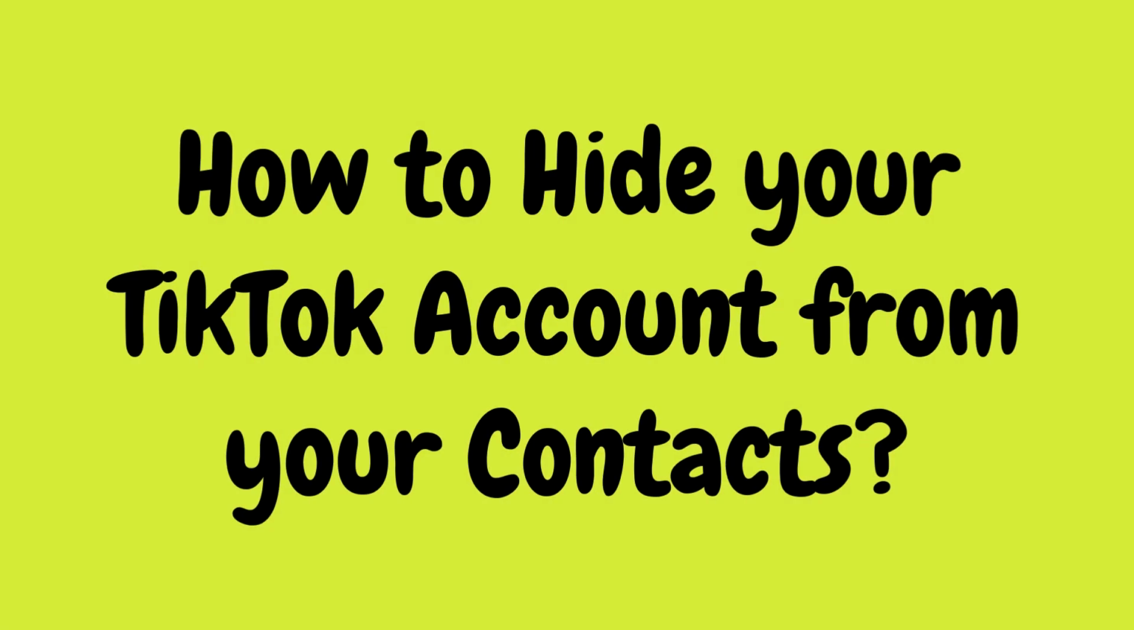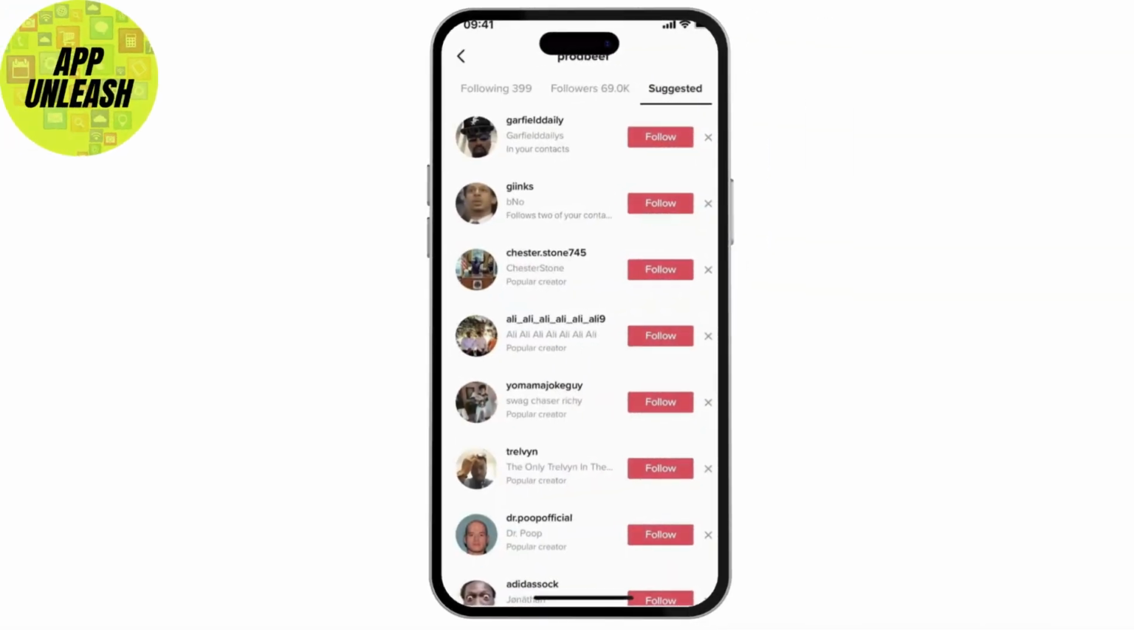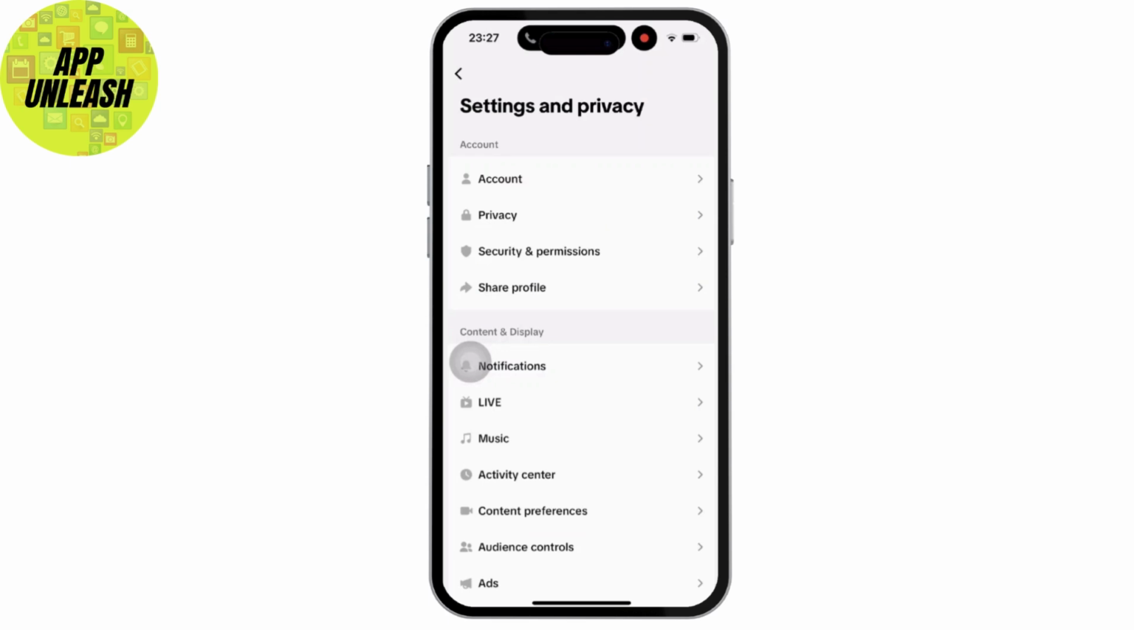If you want to hide your TikTok account from your phone contacts so they can't find you, you can do so by adjusting the privacy settings on your TikTok. So today we are here with a step-by-step guide on how you can achieve it. So let's get started. Firstly, open the TikTok app and tap the profile icon in the bottom right corner of